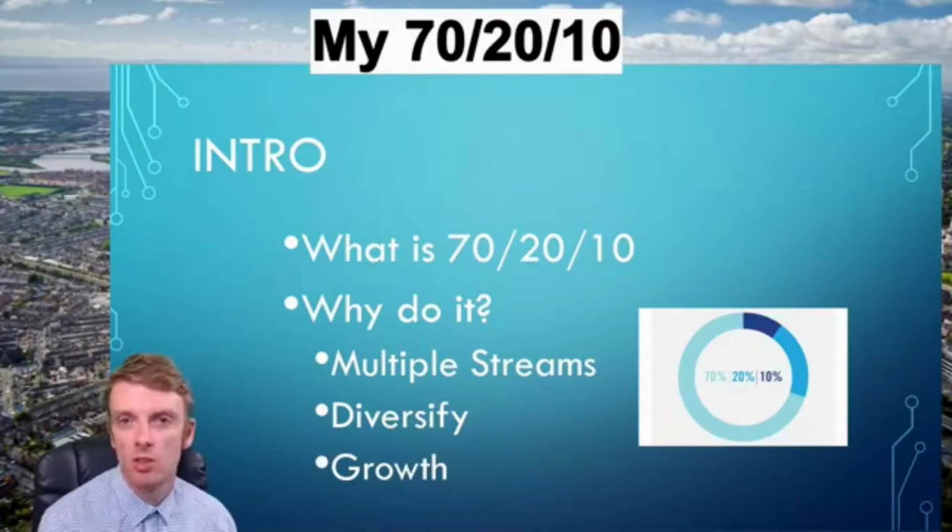So I think it's really useful because it's a good way to split up your time, but it also focuses you and makes you think, what's next? What can I build towards? Potentially, if you like the business you're in, you just don't want to go any further, then that's fine. But I think for entrepreneurs who want to diversify their income,